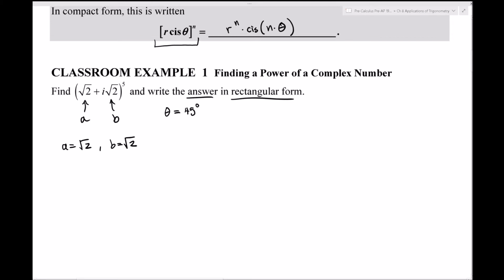Now, I don't want to look like a basic math student. You can call that pi over 4, which is 45 degrees in radians. So if I want to look a lot smarter, I'm going to do this in radians. Pi over 4 is the same as 45 degrees. So anyway,